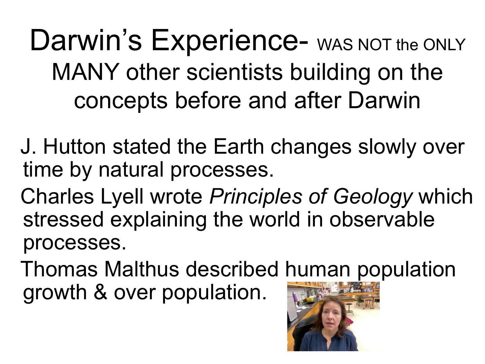Now, during this time, Darwin was not the only scientist that was looking at this. There were actually a number of other scientists that were making similar conclusions to Darwin. For example, a scientist with the last name of Hutton was doing some studies on the natural processes of the earth, things like mountains, valleys, canyons, and he was making the statement that the earth was changing slowly over time